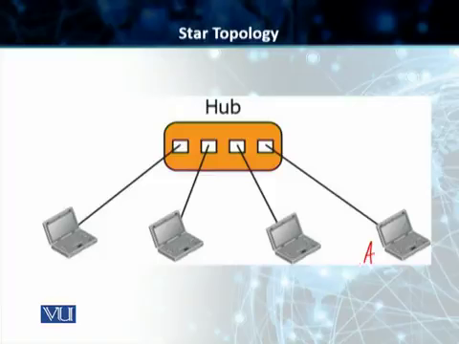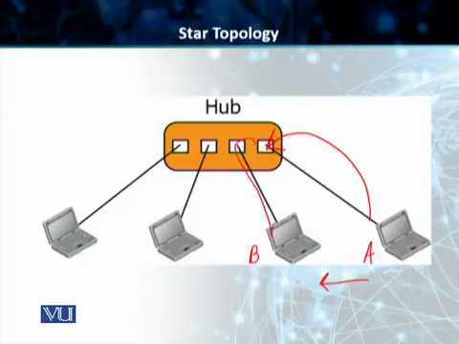and if, for example, a machine A or a device A wants to send something to device B, the normal path that's taken is from the machine A to the hub, and then from the hub back to machine B. Now students, as you can see,